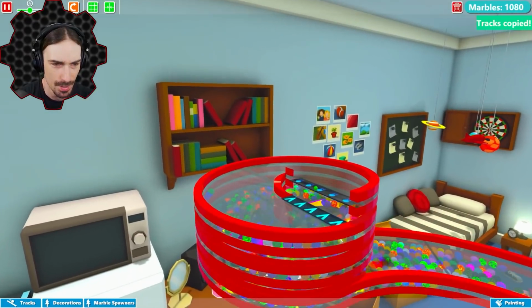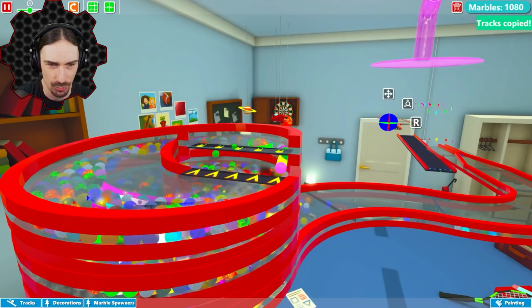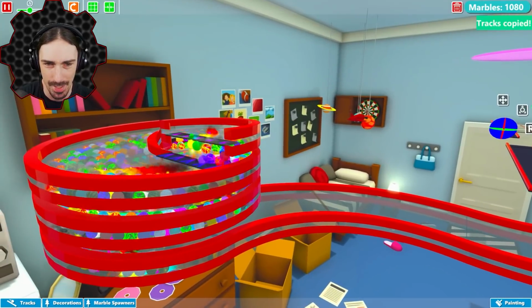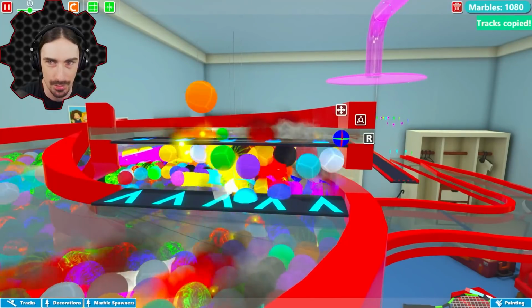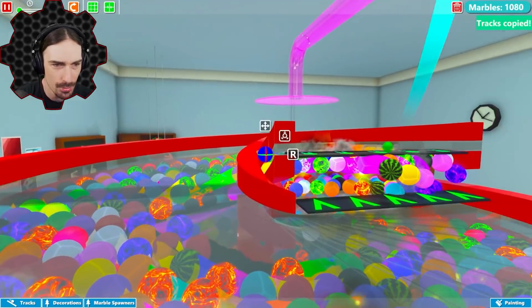Any marbles make it up yet? To the reverse section? Not yet. Looks like we got our first place is green. Why is it always green in first place? Every single time. I love the way that looks, though. Here, let's slow things down. Let's watch this in slow motion. Wait, how are those...